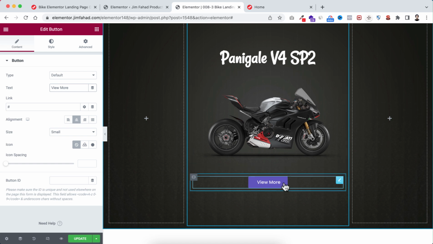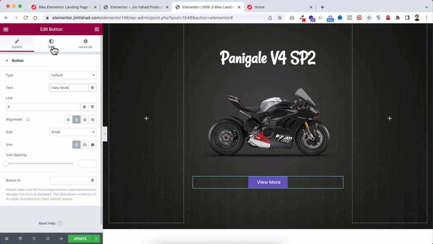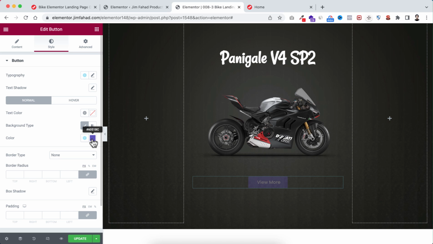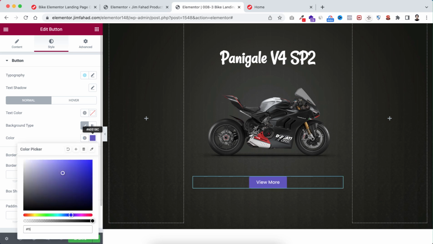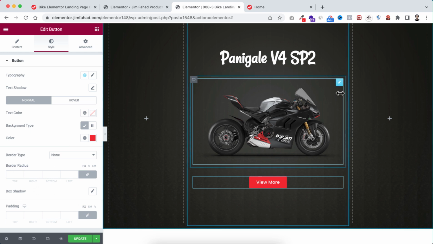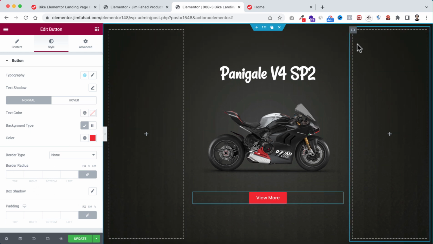And here I just wanna change the button color, so go under style tab. From here let's change it to #F52425. It's kinda reddish color, you know. Alright, now I wanna work with this right container, and within this right container I will be putting all the